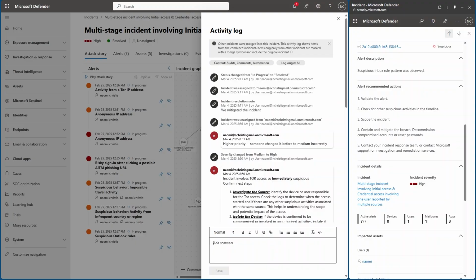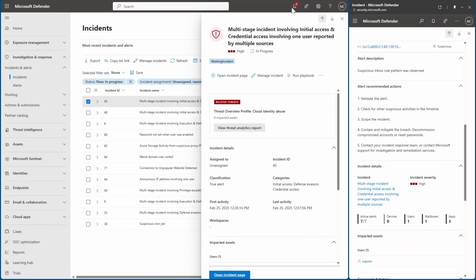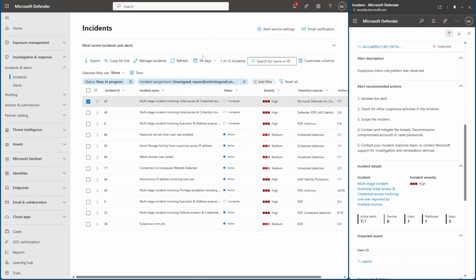Now, let's move back to our other tab, because that's the final feature that I wanted to show, the Refresh button. I've closed this incident, but another SOC analyst in another window might not be aware that I've closed it. That's why this Refresh button has popped up, and we can see that there was an incident that has been worked on.